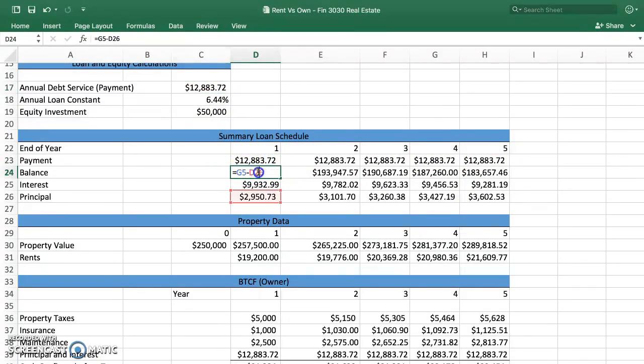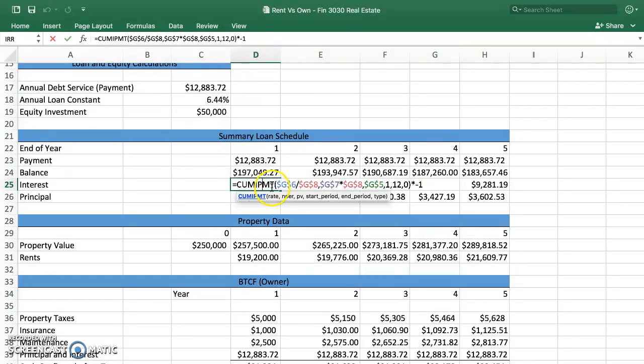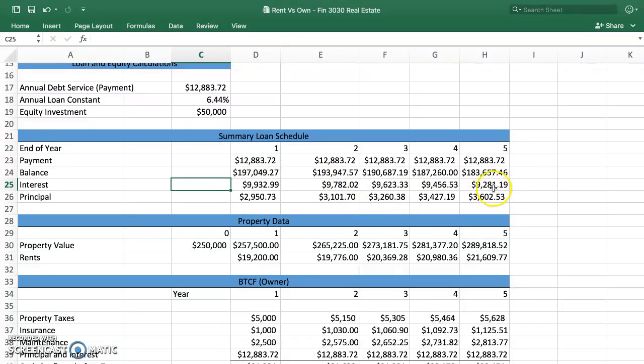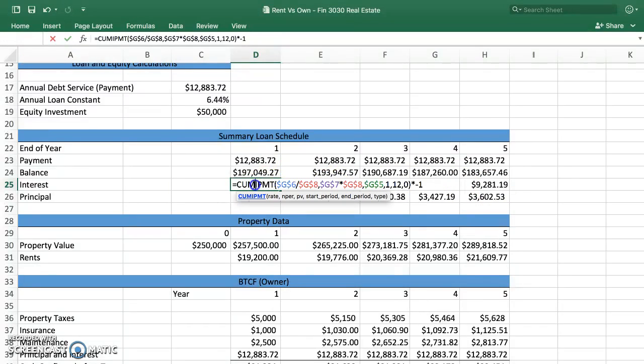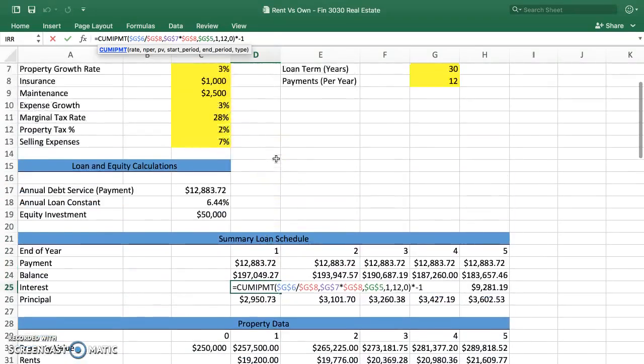But for the balance, we want to start with the interest. We're going to put in an equation here. This is the cumulative interest payment equation, and here are all the different aspects. I locked all these down because it makes it easier to drag everything across instead of having to put the equation in every single time. But basically what we did here is